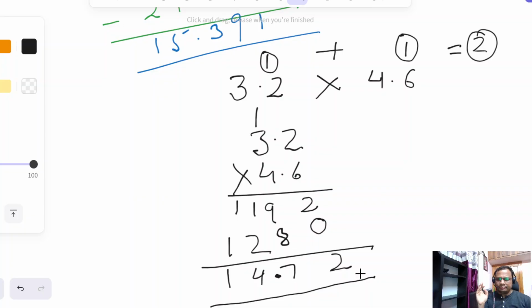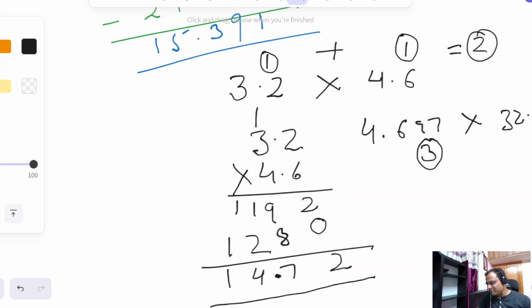So for example, if I would have the number 4.697 times 32.46, I'm not multiplying them. That we can do how we do multiplication. But yeah, in the final answer, there will be how many decimal places? Here we have three decimal places. Here we have two decimal places. In the final answer, whatever you get after multiplication, you have to have five decimal places because we add the number of decimal places. Another thing we need to remember is to always start putting the decimal point from right